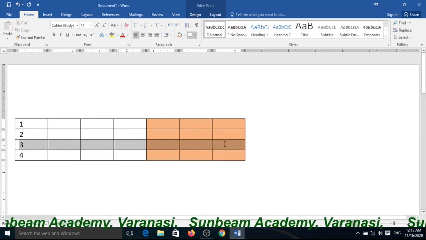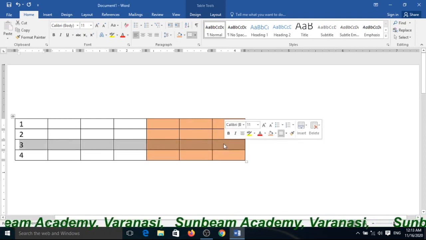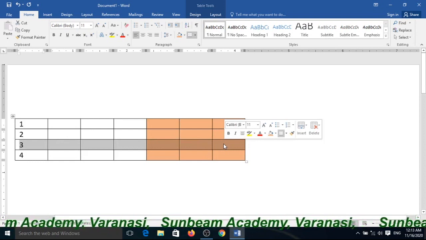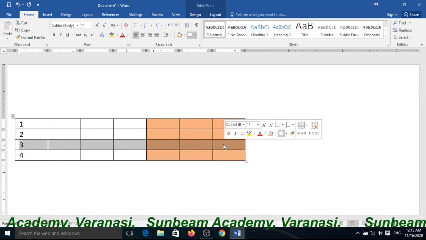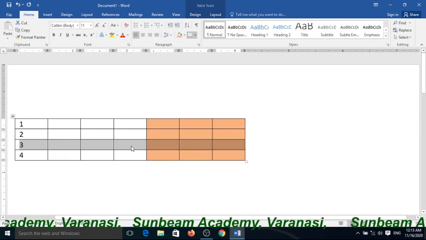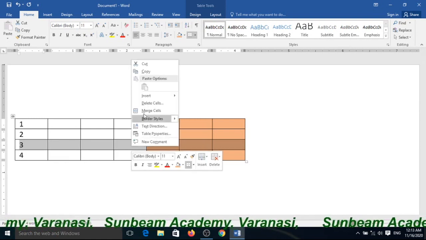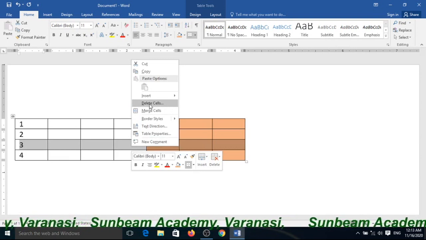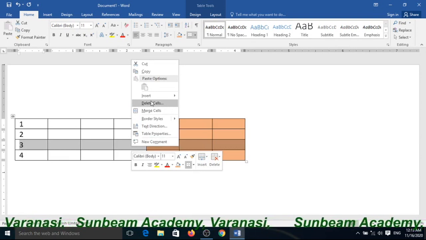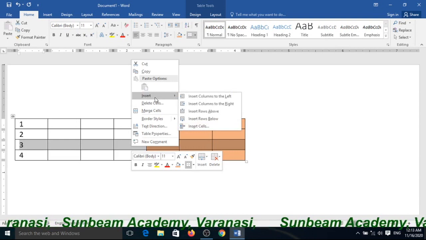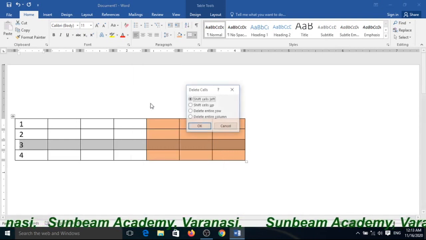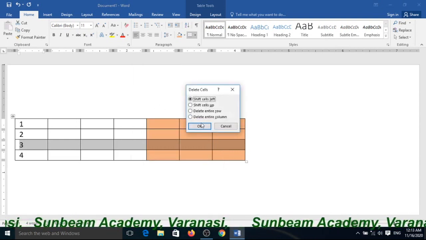Once again you have to select the rows which you want to delete and right click on that and choose Delete Cells.